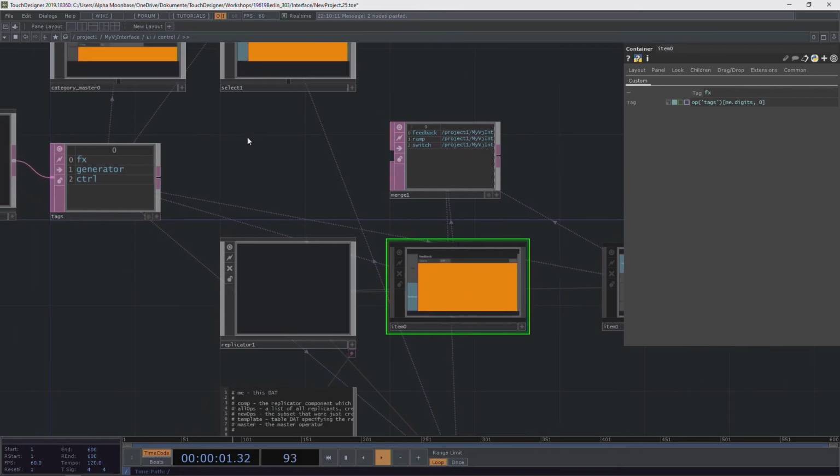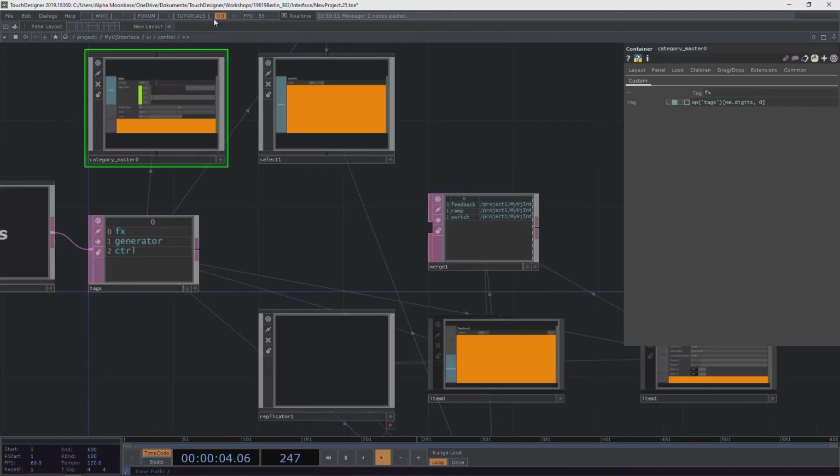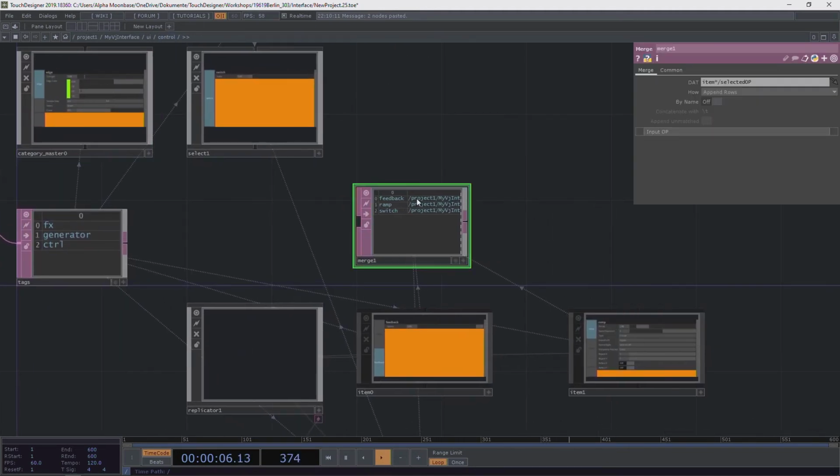And we have to put this one in our category master at first here. And then we go up in control and use a merge that